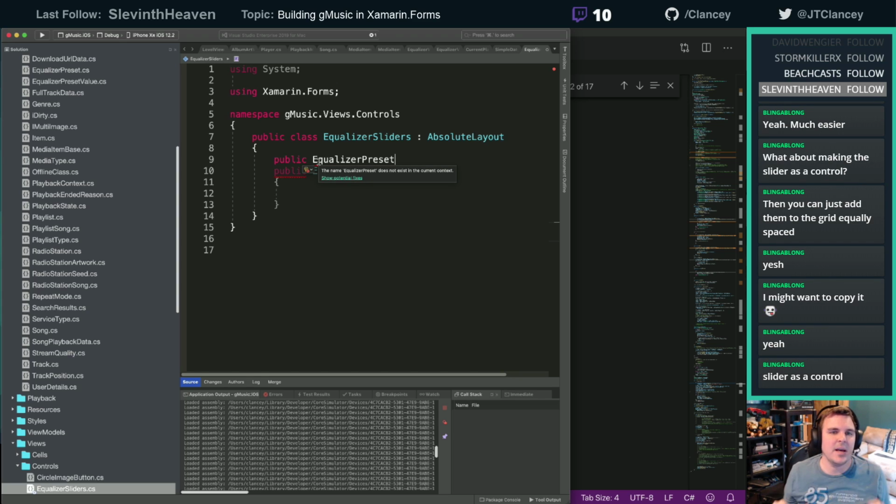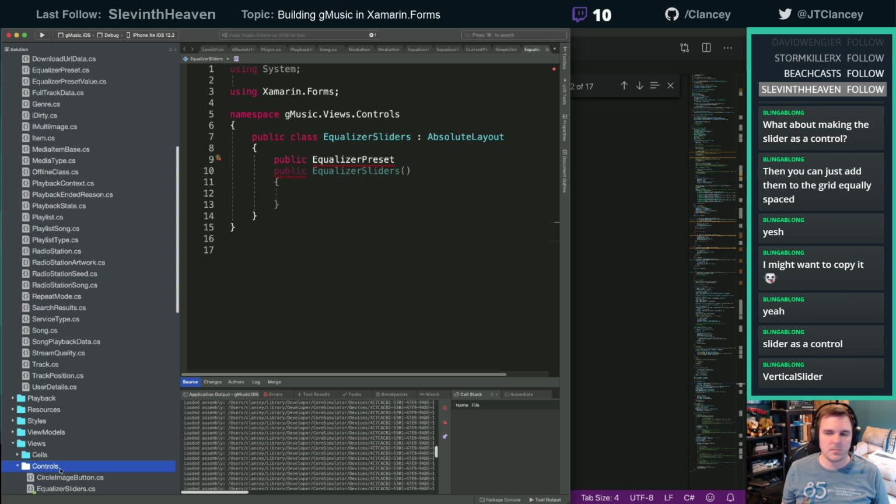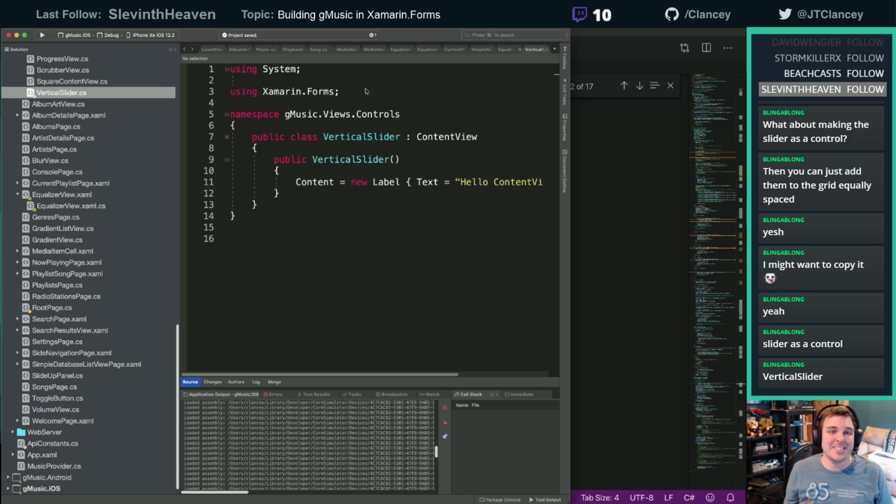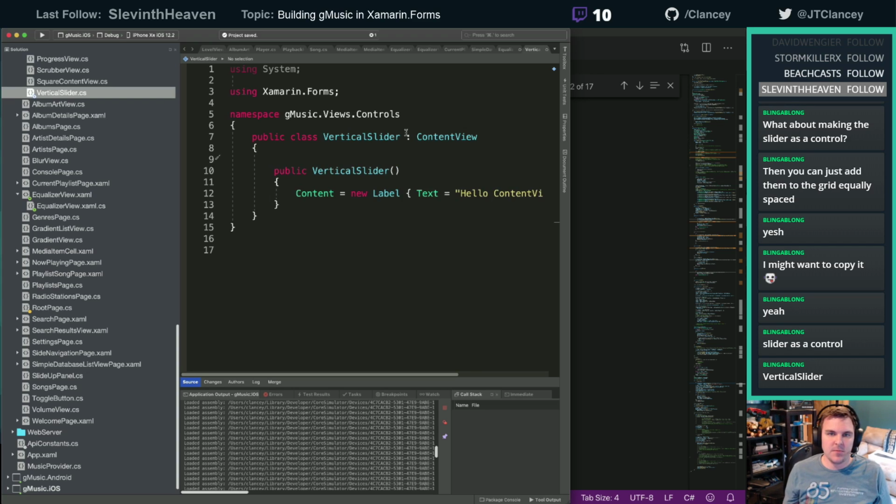All right, if you're interested in that, let's make a slider. All right, why not? I don't mind making this easier for you guys to use. And mine gets a label too, so it's going to get a label. The only thing I don't like about this is, no, I'll just do this. All right, vertical slider.